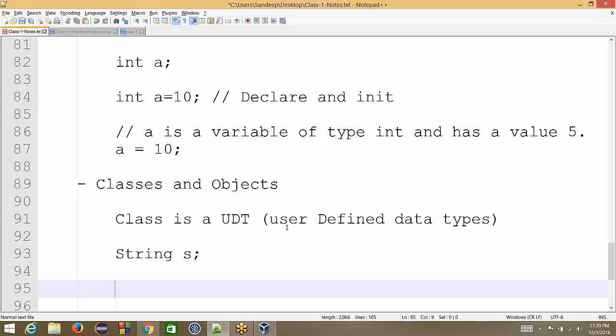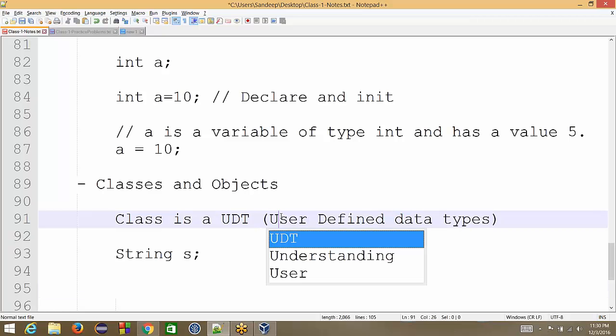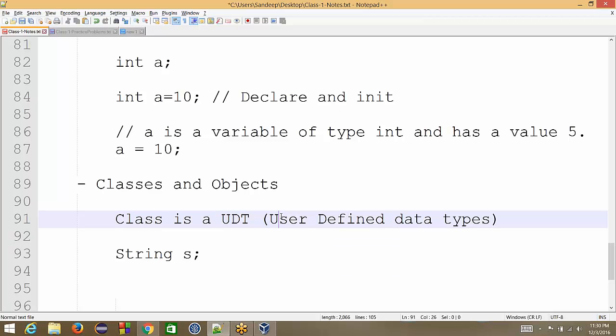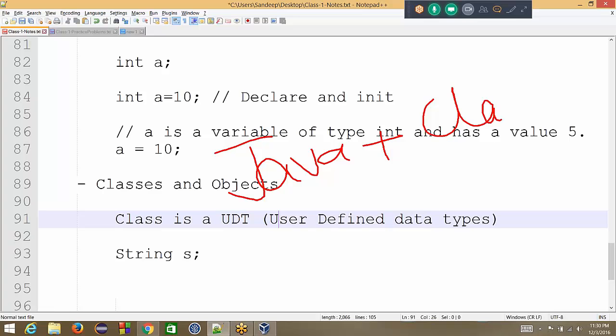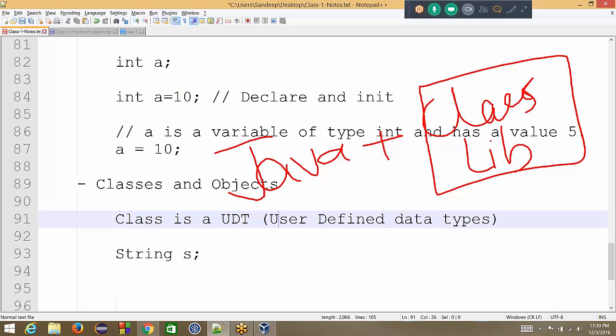So when we say user defined data type, it doesn't mean that only whatever we write is a user defined data type. Any developer in Java, Selenium people also have written their own classes. We say, oh, those classes are also user defined data types. They were not part of the language, not a primitive part of the language. Fair? And one more thing, since you asked this question, in Java we say Java is essentially Java plus class library. Whatever classes come with Java, they are treated as the class library of Java. They are written so that the common things that people need are provided already with the language.